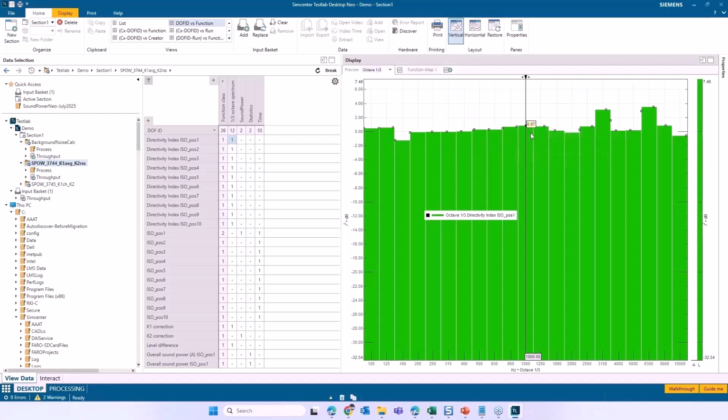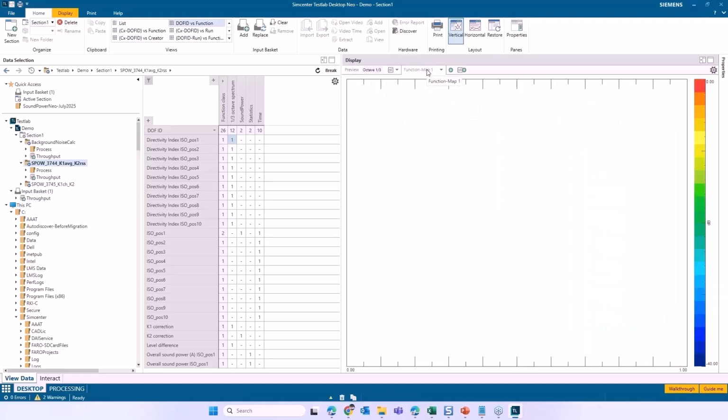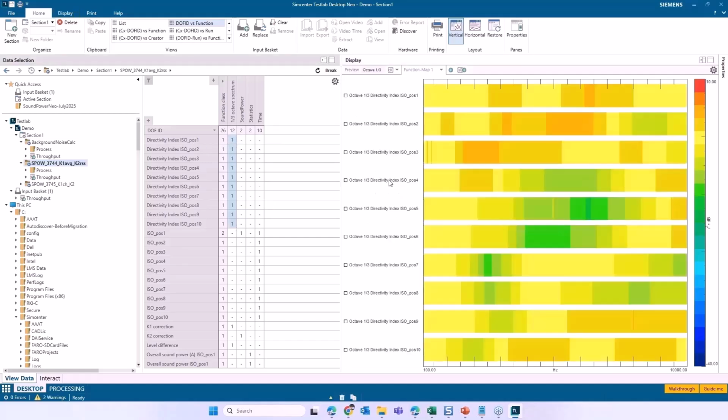And so here you see that at this frequency, this is 0.87 dB more than the average at this location. Whereas at another frequency, at 160 Hertz, it is lower than the average. Or if you see here, the average 3.13, it is higher than the average. So basically, you can get an idea for which direction the sound is radiated based on the frequency and the position of the microphone. And if you create this function map display, you can drag all these curves and put them into this display, and it tells us at each frequency which microphone is the most active.